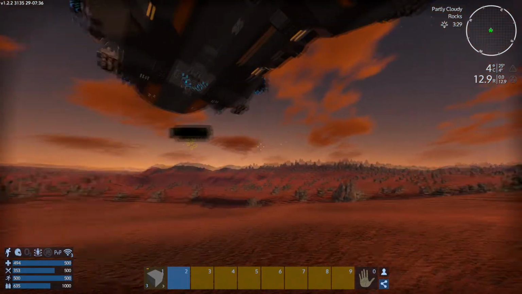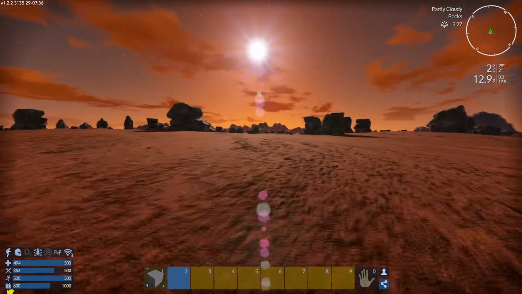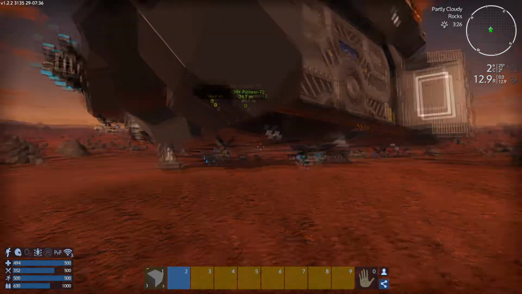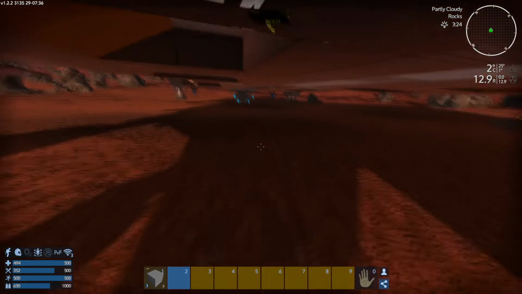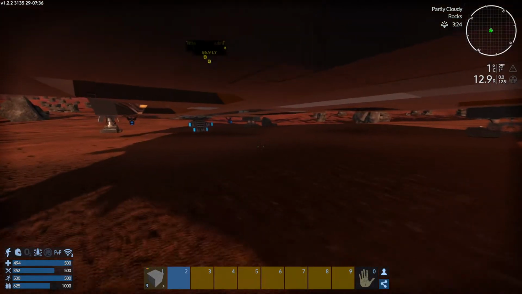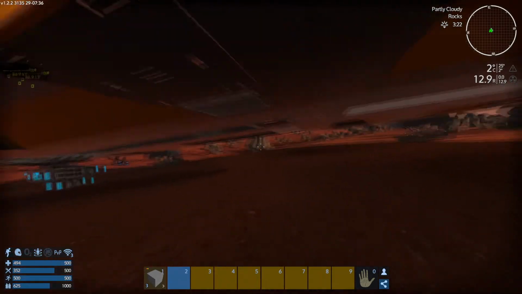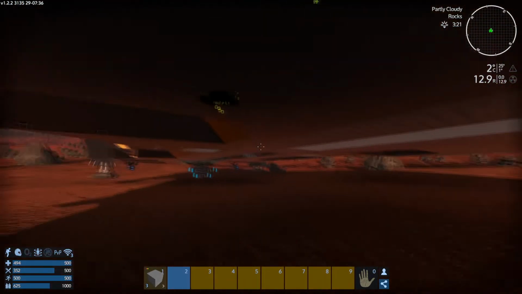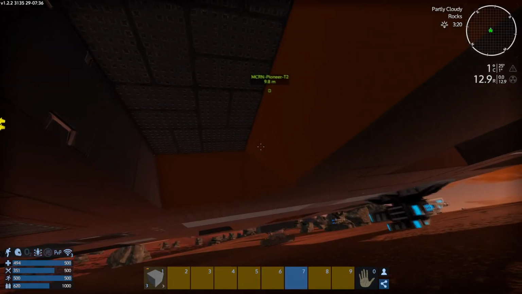Okay, we have to... Stop dropping the ship on top of me. Has it stopped? So I do wonder whether these areas here are still adding to the problem, because they're part of the repair area. So what we'll have to do is